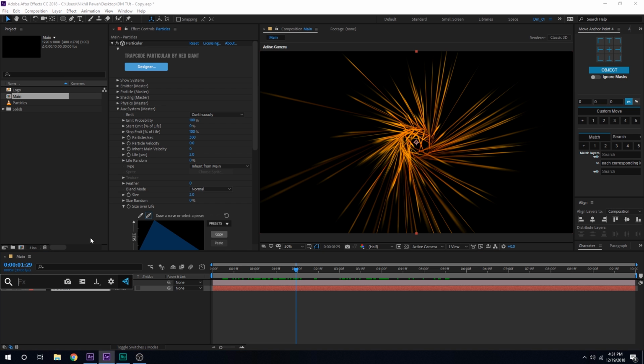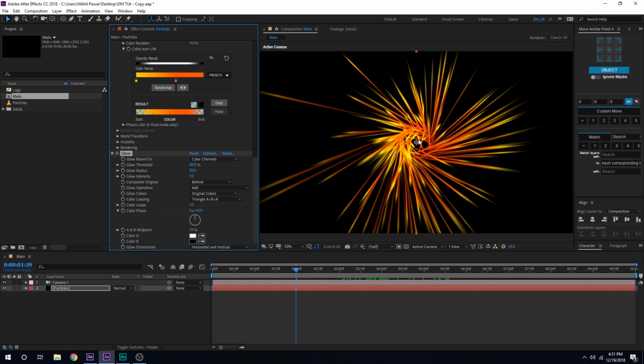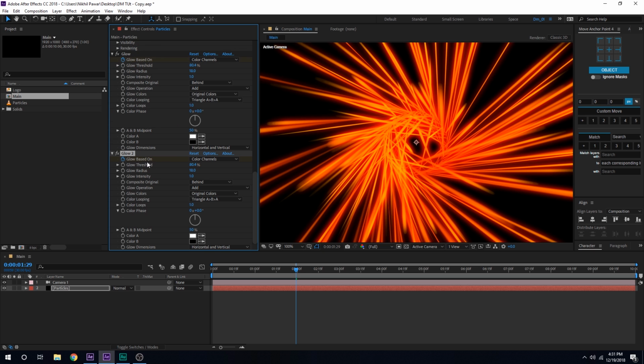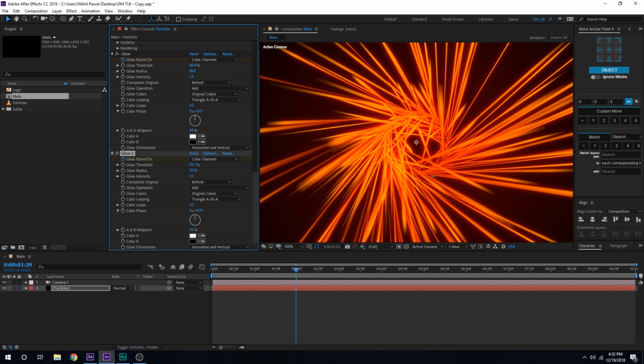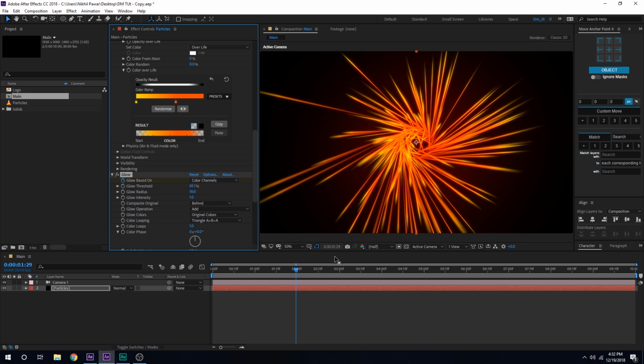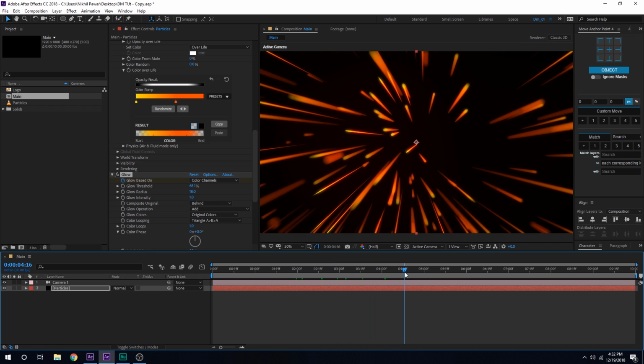Now we can add some glow onto this particle. So I'm gonna add some glow to this. For this one, I'm gonna keep it a very tight glow. So I'll just keep the radius to maybe around 10, something like that looks good. Let's duplicate it. So hit Ctrl D to duplicate it. And this one, I'm gonna increase the threshold really high and the radius really high, just like that. And for the first one, maybe I'll increase the threshold a bit. Just a touch, and yep, that is looking